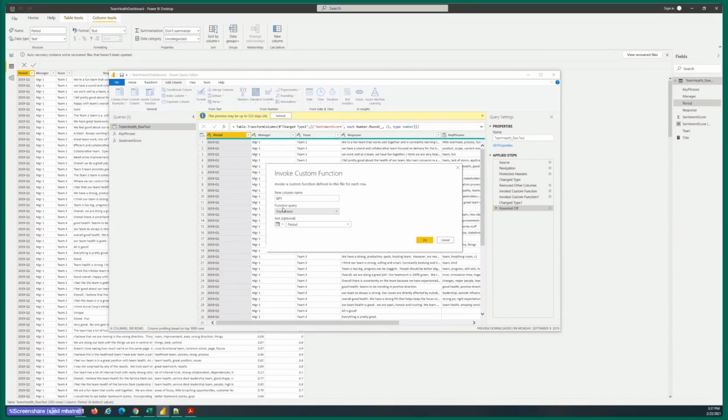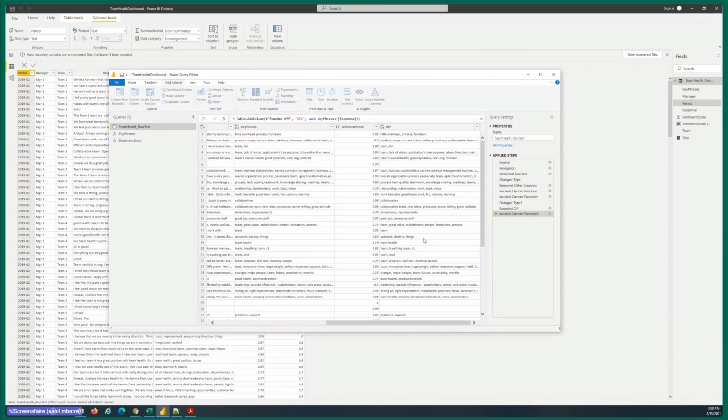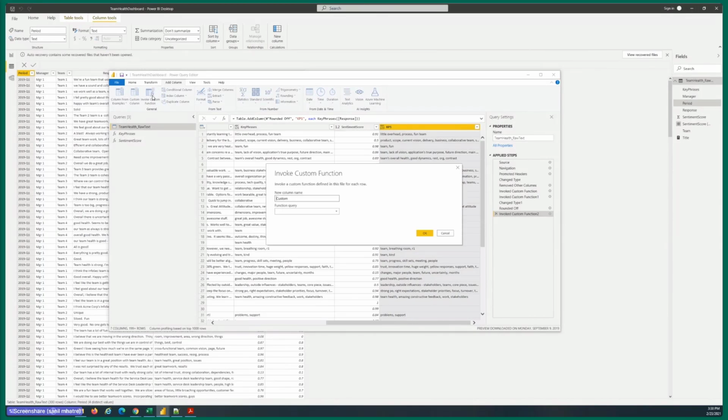in the function query drop-down list, you select key phrases, and next it is asking you which of the text columns you want to use as an input to the function. So let's select our responses column, hit OK. It's going to think for a minute and give you a preview, and then repeat this step for the sentiment score.